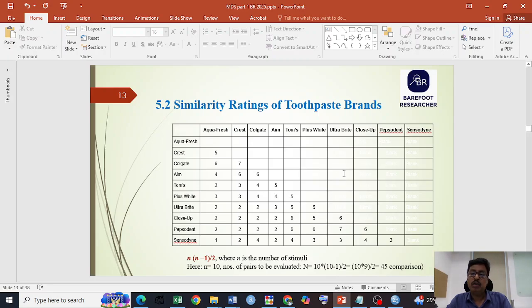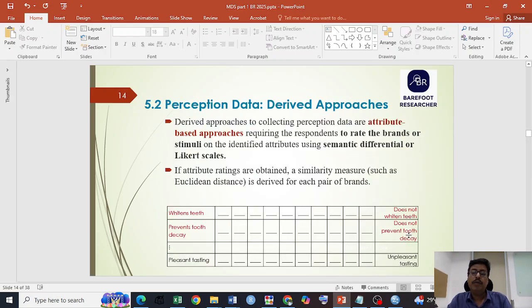There are 10 toothpaste brands, and you can see them row and column wise. Each brand is compared with the other brands, so there should be 45 comparisons. That is 10 times 9 divided by 2, which is 45 comparisons. And this is a symmetric matrix. You can see that the lower half and upper half will be the same, and the diagonal would be 0, right? And in the derived approach, again the same thing, 10 toothpaste brands being compared,